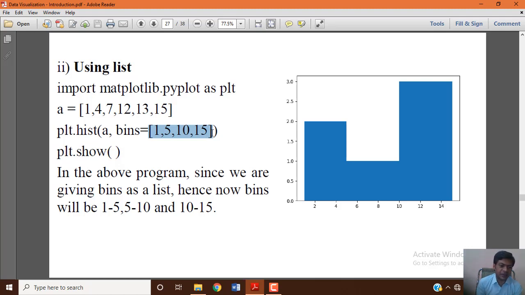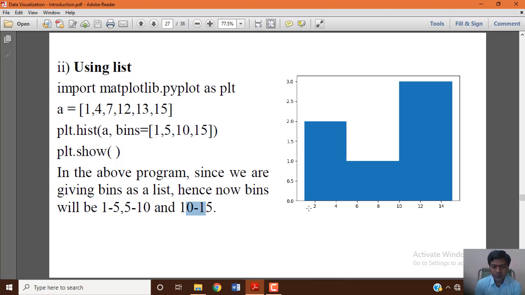In this particular example, since we are giving bins as a list, the bins will be divided as 1, 5, 10, 15, the 4 values which we specified. So 1 to 5 is one bin range, one equal size, and 5 to 10 is another equal size, and then 10 to 15 is another equal size.